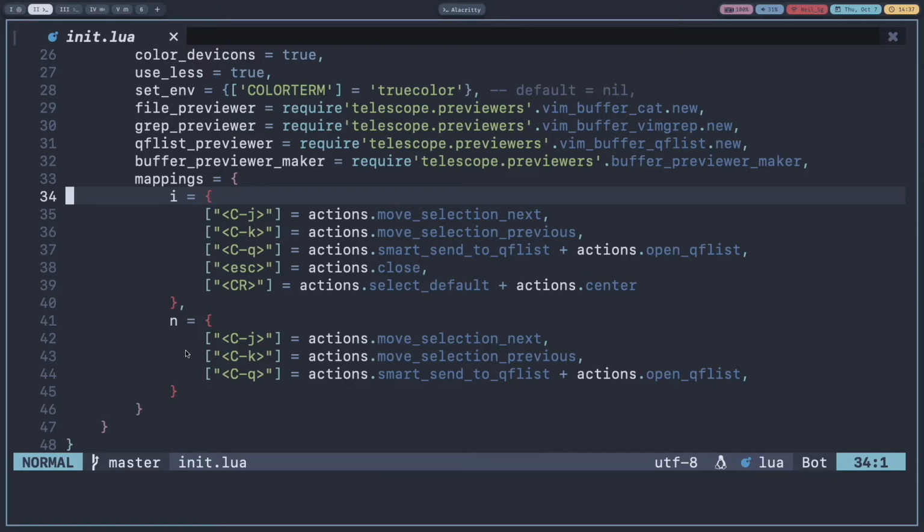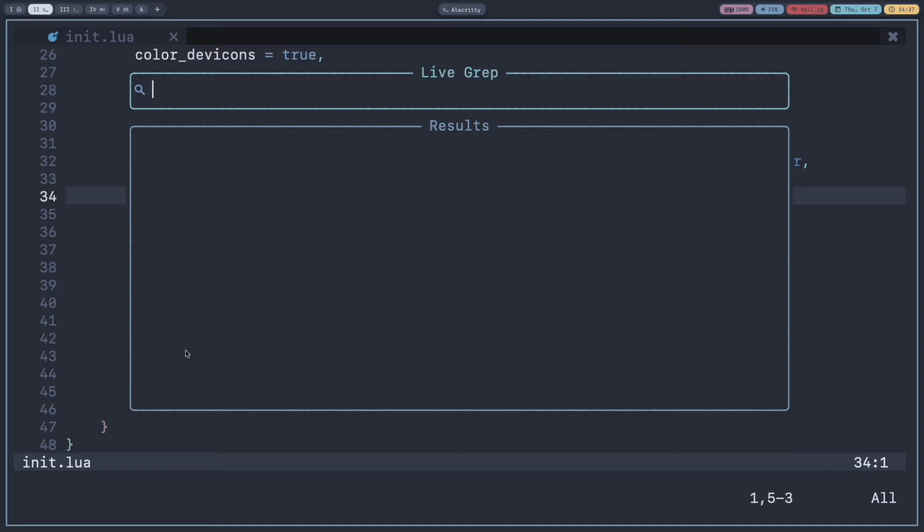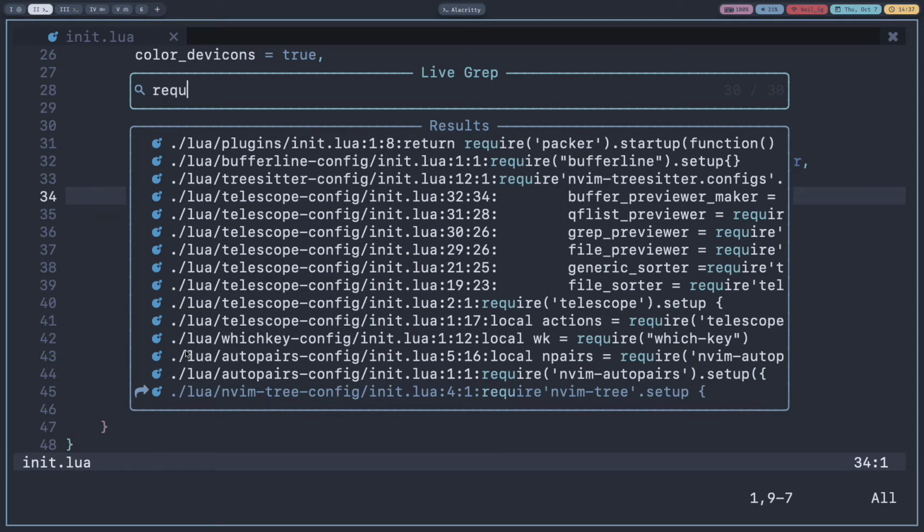Now I'll show you telescope live grep. This is very awesome and I use it every time. For example, if I want to search for the keyword require, I'll type require.